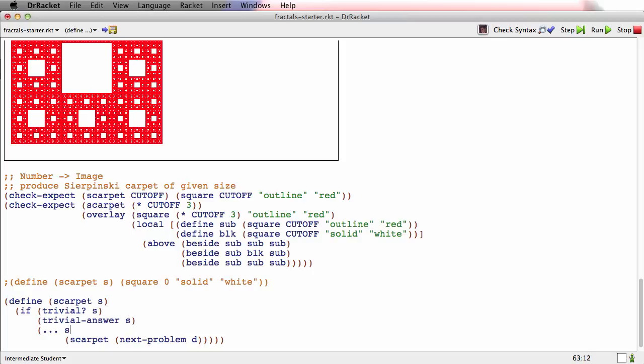And now I've got to decide some of these other things. Let's see, what is the trivial case? What's the case where there's no more recursion? Or in our old terminology, what's the base case? Well, that's the same as it was for the triangle. It's just s less than or equal to the cutoff. What's the trivial answer? Well, the trivial answer is we just make a square of this size. And what's the non-trivial answer? Well, we're going to overlay a square of this size